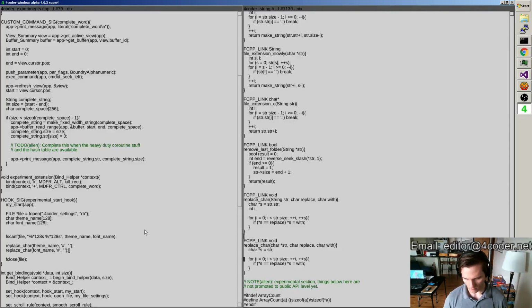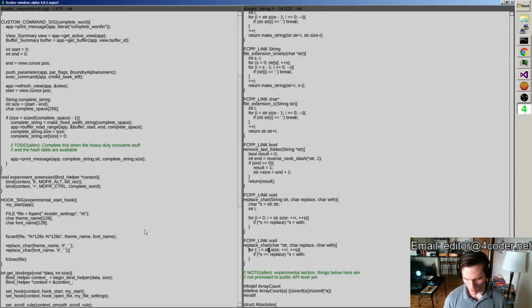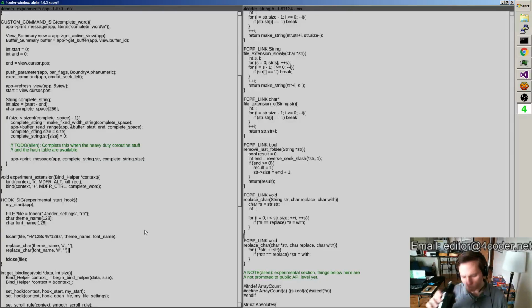String. What we can do is just for string plus string, if string equals replace, string equals width. Yeah, that seems good. So now we can pull these things out of a file and then default